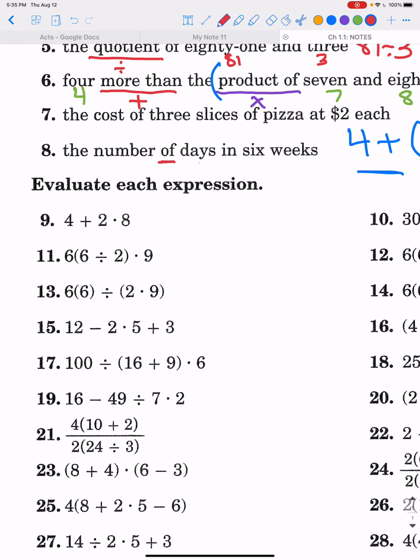Now you'll notice in the box, of is used a lot. Difference of, product of, sum of, right? Of is used a lot, but here there's nothing else with it. It's just the word of, all by its lonesome, and that is multiplication. Now we also need numbers to deal with, and the only number we're given is 6 weeks. Well, we need 2 numbers to multiply together. We can't multiply 6 by nothing, so we need to have another number, and we're not given another number. But we are told the number of days in 6 weeks, so ask yourself, what is the